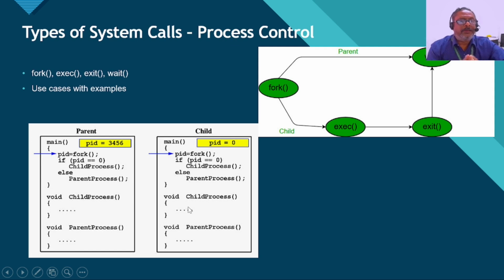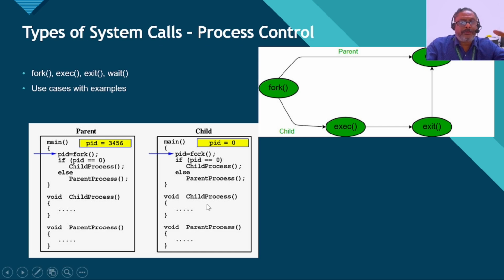So we can define two different processes: what the parent should do is defined under the parent process, and what the child should do is defined under the child process. Two copies are there in memory, two processes, two codes,